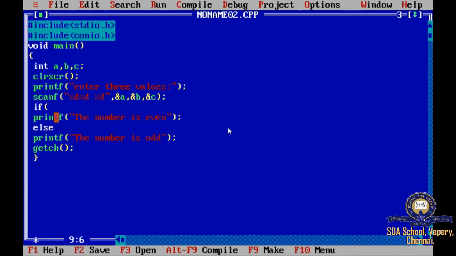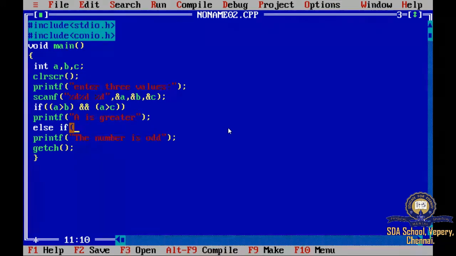Okay, so now we are going to check the condition. If A greater than B, and this symbol is an AND symbol, and A greater than C, if this condition is satisfied, then you have to print A is greater, because you are comparing A with B and C. Else, since it is else if, you have to give else if.